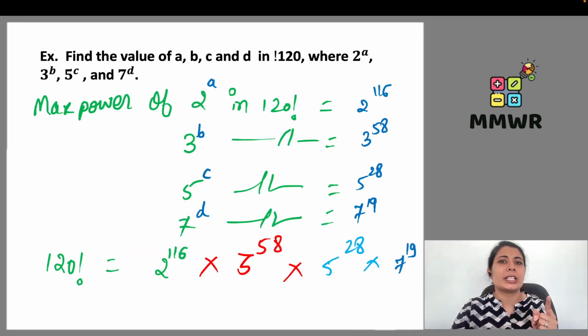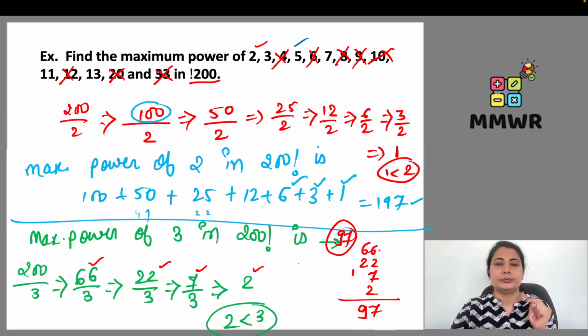सो ये क्वेश्चन जो था, यहाँ पर एक क्वेश्चन आया था जिसमें हमको कॉम्पोजिट नंबर की भी पावर्स निकालनी थी। हियर 4 की पावर, तो 4 की पावर निकालना मतलब 2 मल्टीप्लाई 2, तो 2 के ग्रुप्स करने हैं, 2 2 के ग्रुप करने। तो यहाँ पे टोटल 2 कितने टाइम्स है? 197।